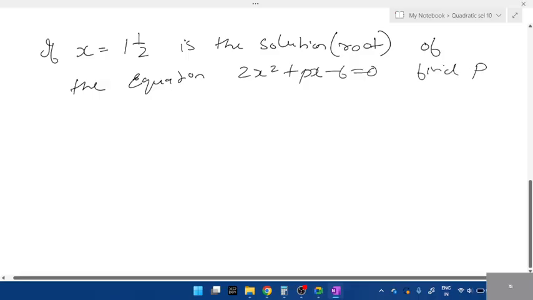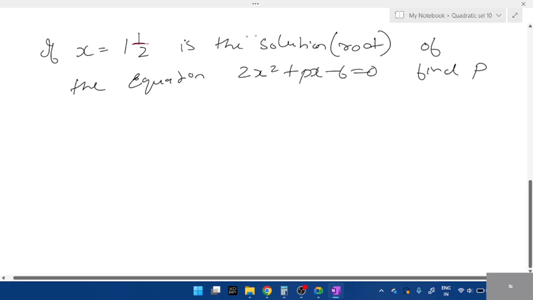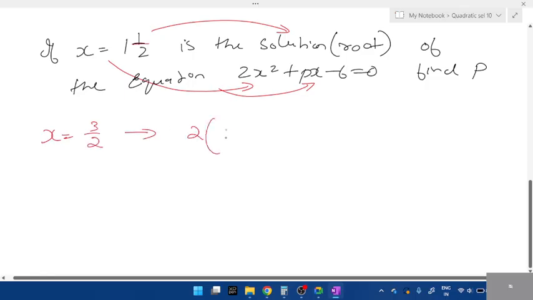Find p. So in the beginning I told you, whenever they tell something is a root or solution, what you have to do? You have to substitute in place of x. So whenever they give this root, students, remember, simply substitute. Let me take x as 1 by 2, which is 3 by 2. So if I substitute,